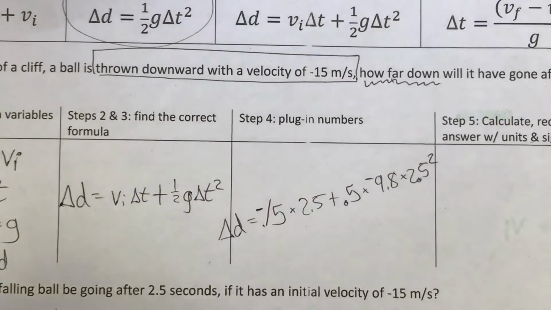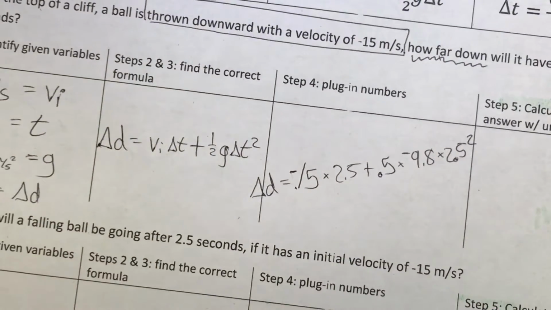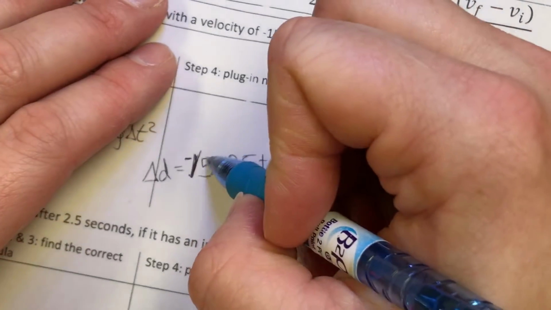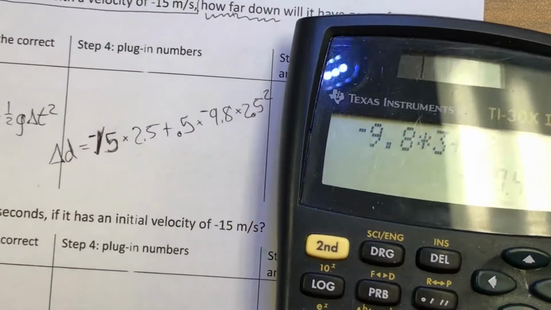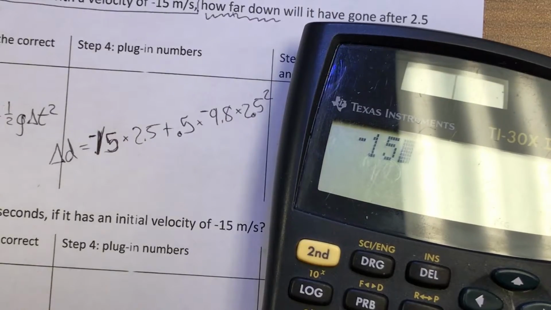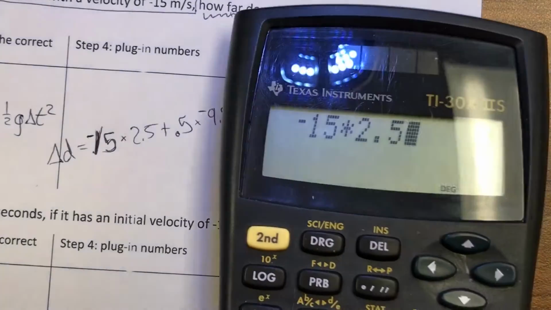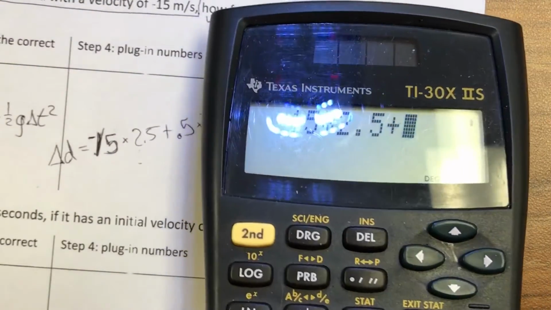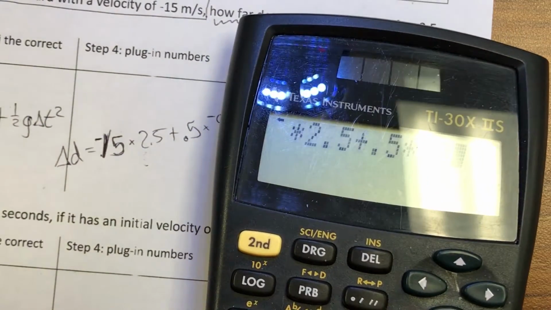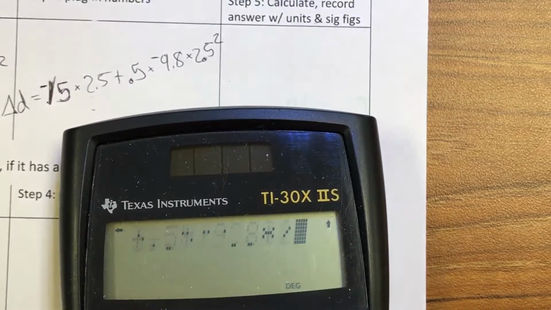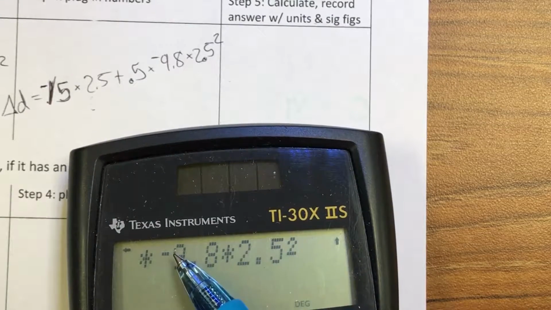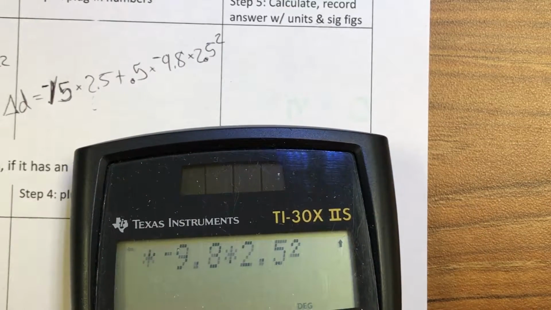Don't forget the squared or you get the wrong answer. Again, order of operations, the cool thing is your calculator totally knows these order of operations. Okay, so you can totally just punch the whole thing into the calculator all at once. Check this out. Negative 15 multiplied by 2.5 plus, so these get multiplied before we do any addition, just like all these multiply before any addition. Okay, 0.5 multiplied by negative 9.8. Make sure it's negative, I didn't get the wrong answer. Multiplied by 2.5 squared. Don't forget the squared. So your calculator knows order of operations. We'll do that square first, and it's going to multiply, and then at the end, the last thing it's going to do is the addition. And we get,